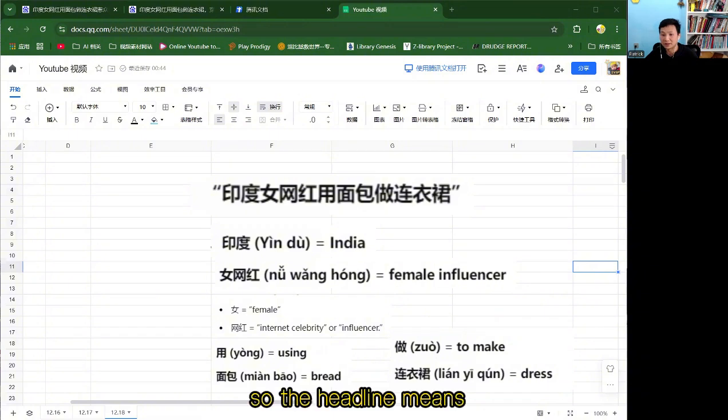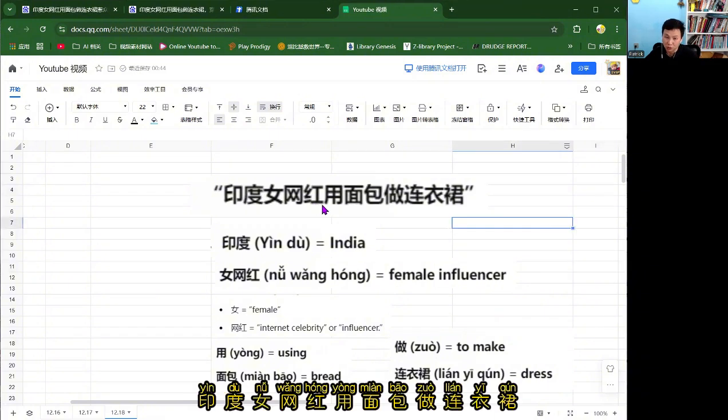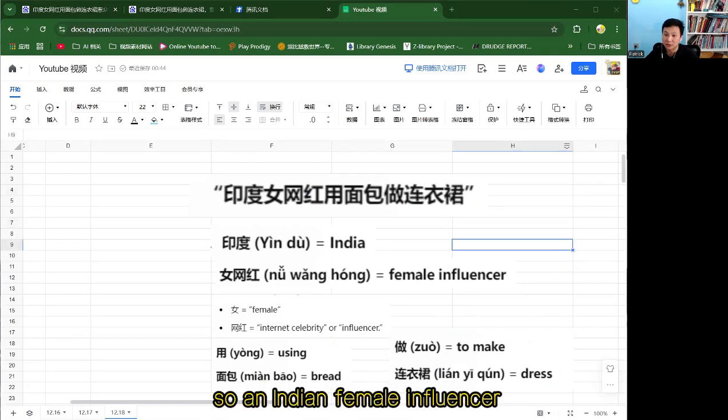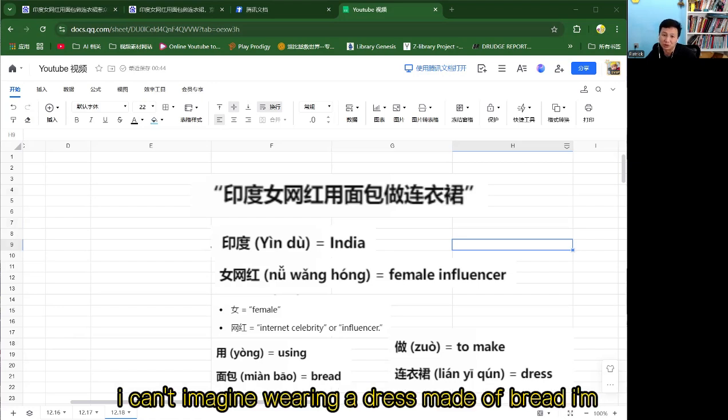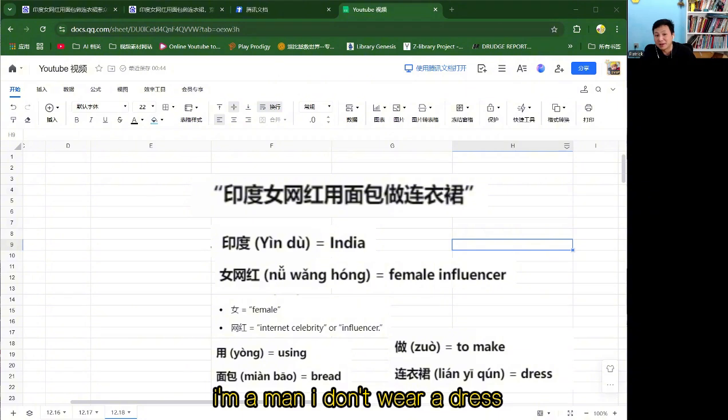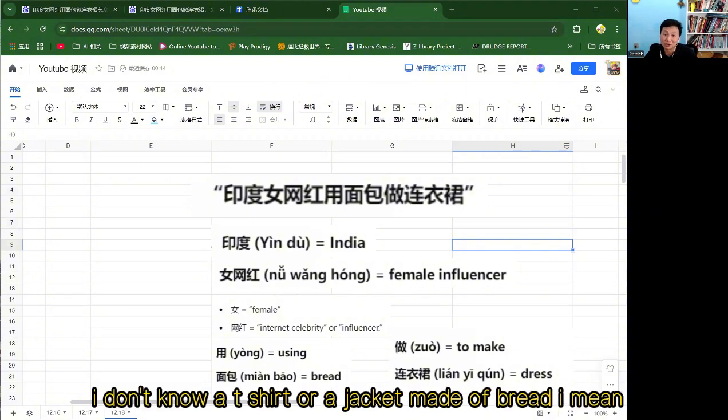So the headline means 印度女网红用面包做连衣裙. So an Indian female influencer made a dress out of bread. Honestly, this is pretty funny, but let's be real here. I can't imagine wearing a dress made of bread. I'm a man. I don't wear a dress, but I don't think I will wear a t-shirt or a jacket